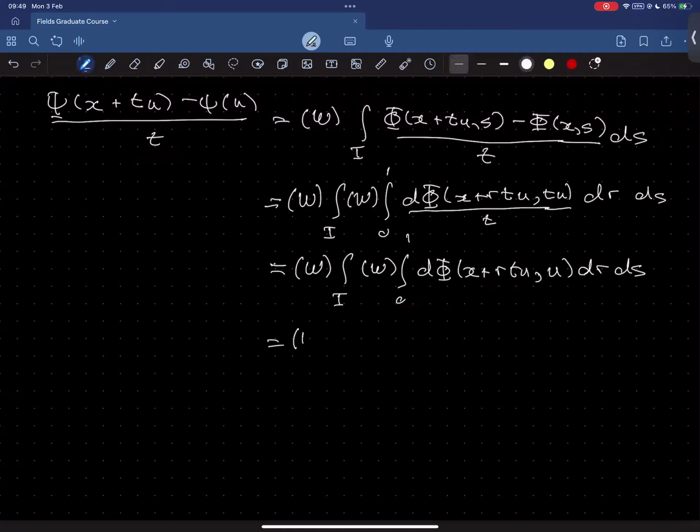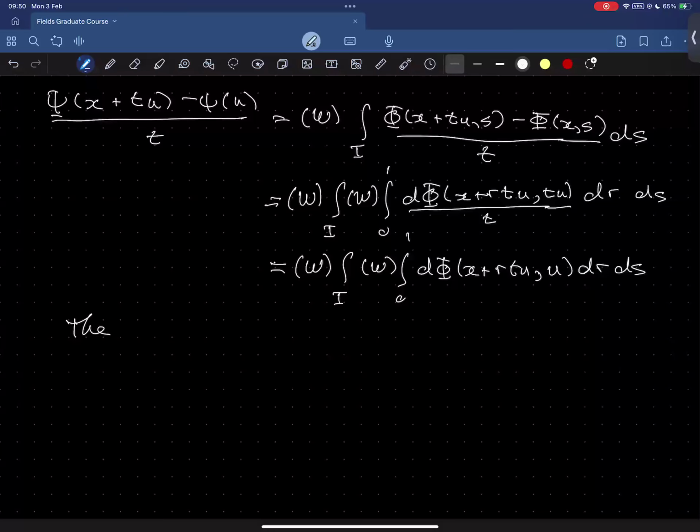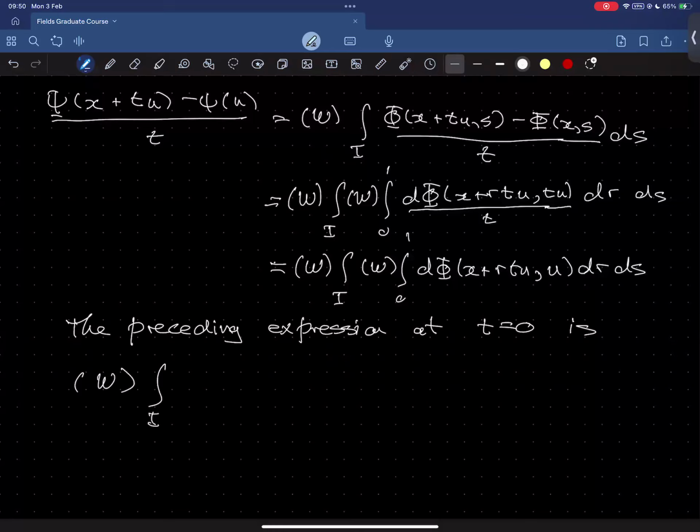Let me write it this way. So the preceding expression at t equals 0 is the weak integral over I, the weak integral from 0 to 1,